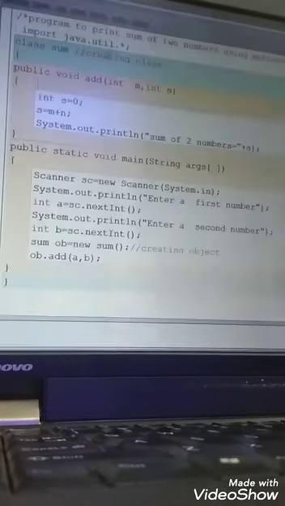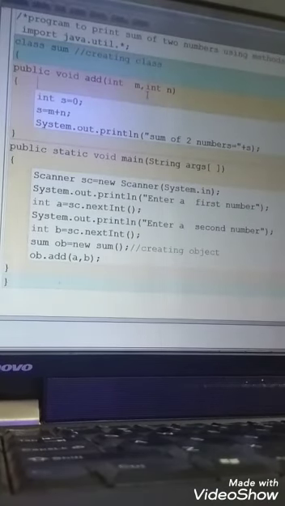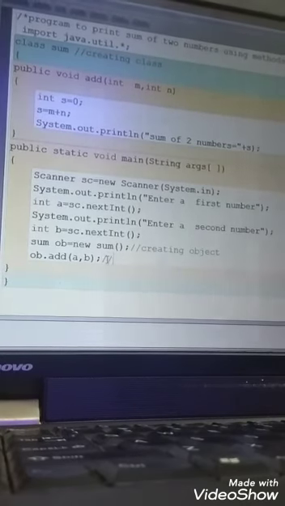So this is a program, and in this program these parameters int m and int n are given to you. You have to remember that these are known as the formal parameters. Formal parameters are included in the function definition. M and n are formal parameters, while here we are passing a and b. So these are the actual parameters. Actual parameters are being passed in the function calling.